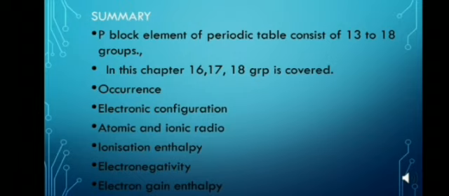Now the general electronic configuration of group 16, you have to remember this, ns2 np4, that is, group 16 elements have 2 electrons less than the stable electronic configuration of the noble gas. Then we have seen the electronic configuration of group 17. They have the general electronic configuration ns2 np5. They have 1 electron less than the stable electronic configuration of the nearest noble gas. And group 18, that is the noble gas, they have the stable electronic configuration, that is ns2 np6.